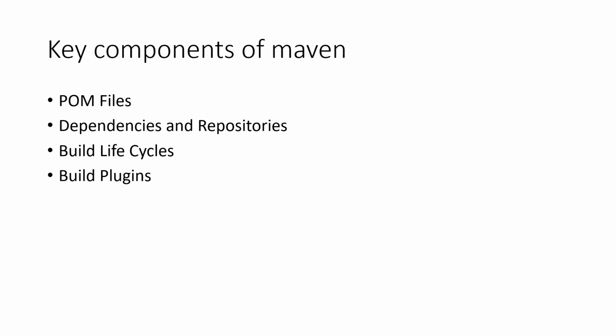So that is about the POM file, and then we have dependencies and repositories. These are the external Java libraries which are required for the project, and repositories are the directories of a packaged jar file. It is a jar file basically. Dependencies are nothing but the libraries that we require to run our project. That's it. And a local repository is just a directory on your machine's hardware. If the dependencies are not found in the local Maven repository, it will download them from the central Maven repository and put them into your local